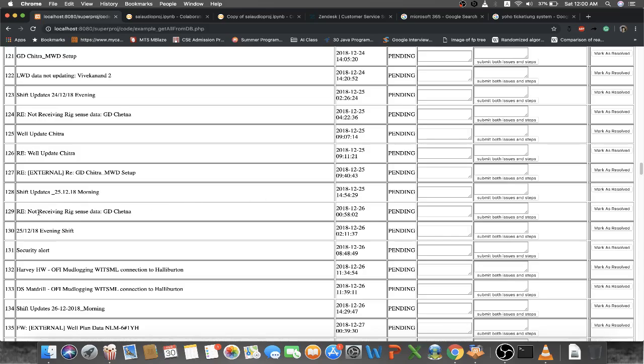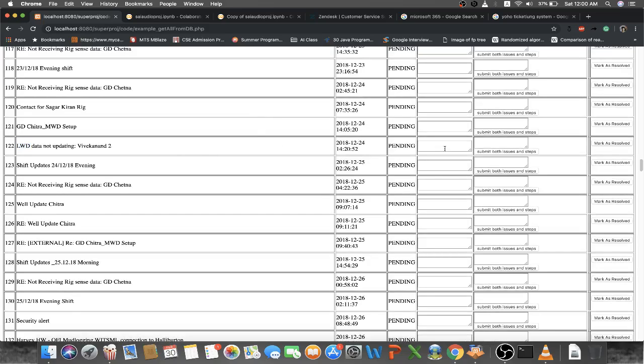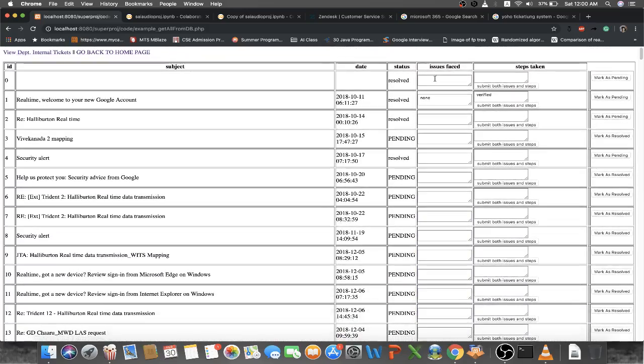For example, not receiving rig sensor data, or the data not updating, all of these are there. And we can write here the issues faced. Whatever issues you have faced, you can write here, and the steps you have taken, we can also mention them here. For example, if you type here security alert, issues faced: taking long time, and steps taken: